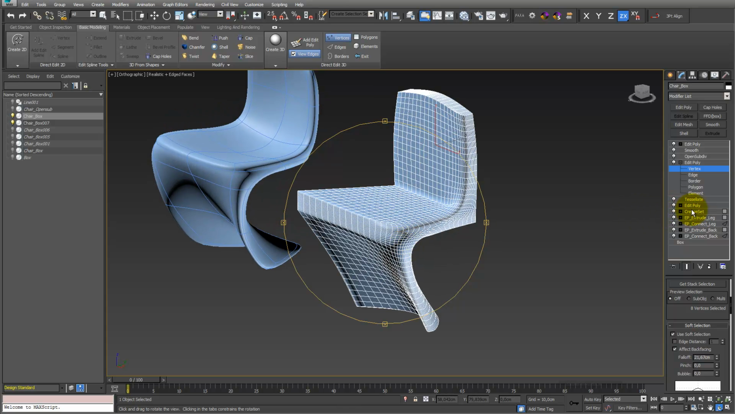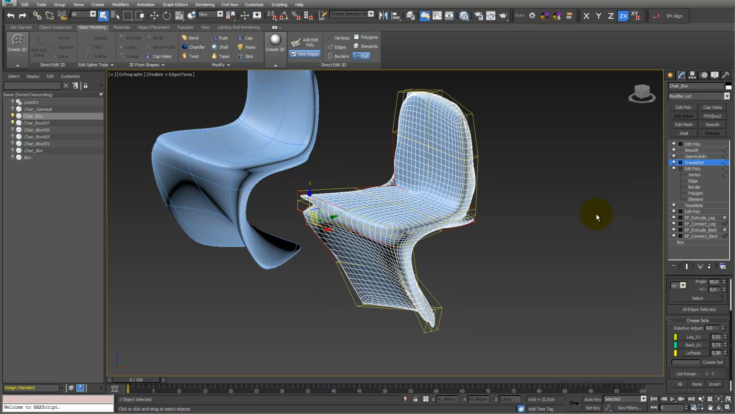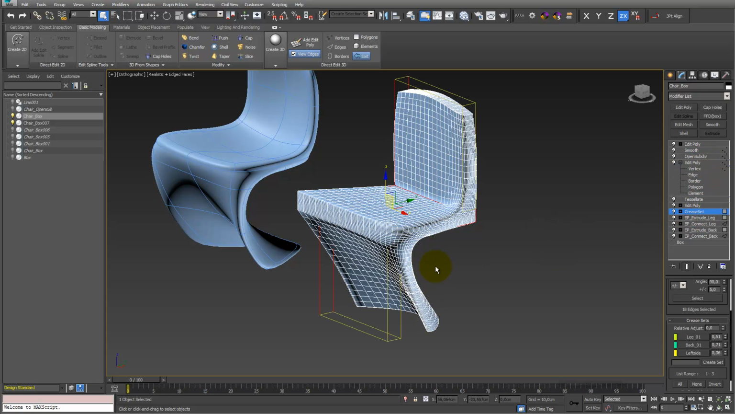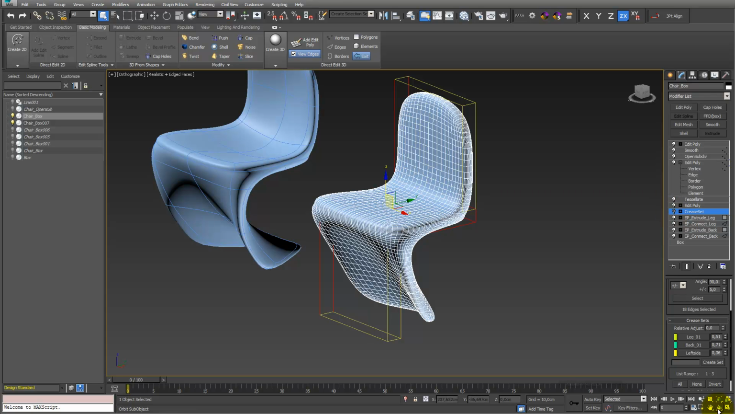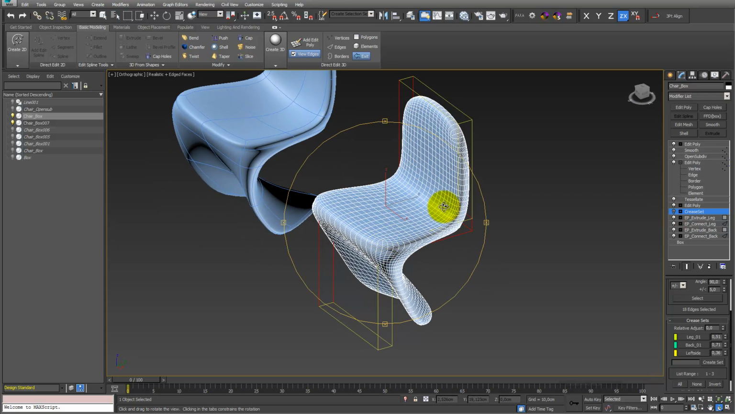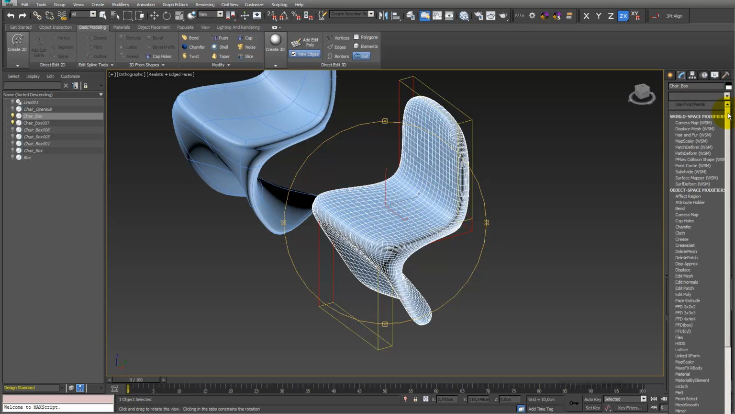My crease set, by the way, was quite interesting. I just pull it up under my OpenSubdivision. It looked much better before because it was related to my first topology, but I actually don't want this anymore. I just think it's much better like this. I can add another crease set if I want to,